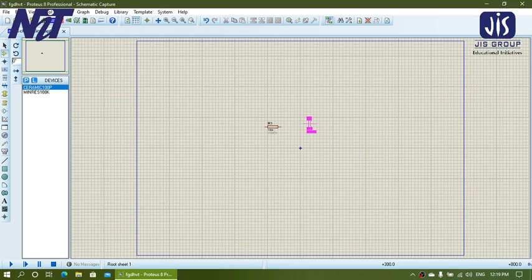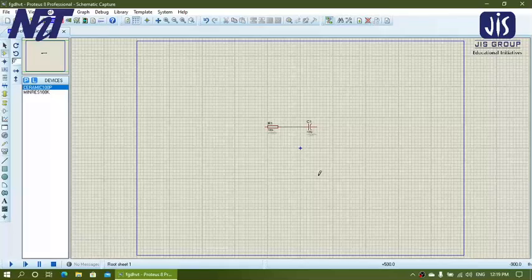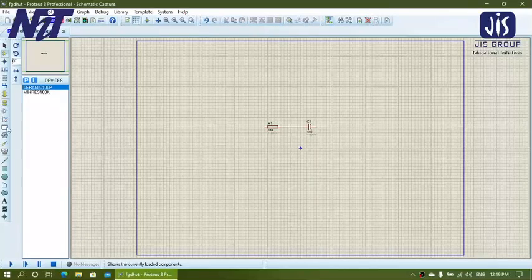First you have to set the position, and then click again. The component will paste here. Now suppose you have to make a connection, just drag and drop, leave it here, and you will see that resistance and capacitor are connected in series. So in this way you have to make more and more practice with this software.